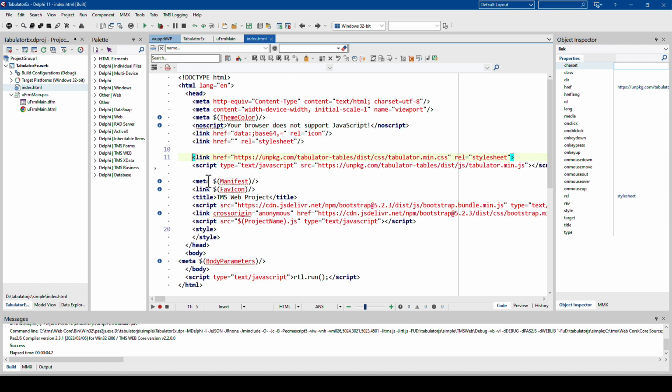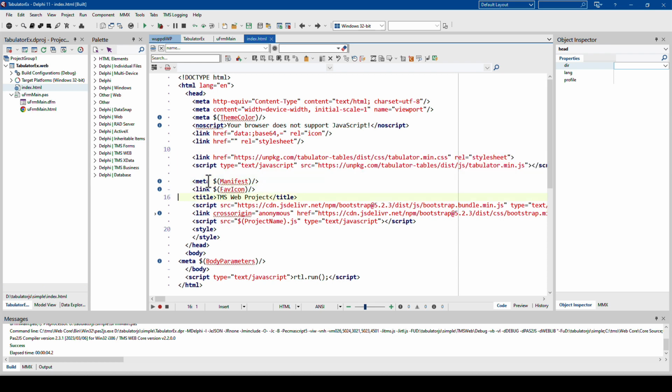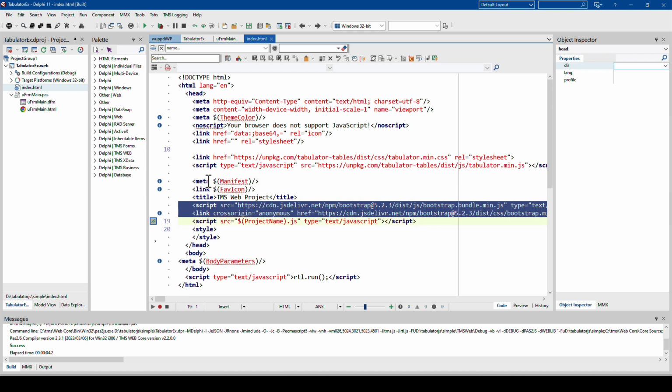But I added 2 more lines right here to load the Tabulator framework when our application launches. Also, I did not just create a TMS Web Core application, I created a TMS Web Core Bootstrap application. That means I also have Bootstrap included, but that has been done by TMS Web Core.